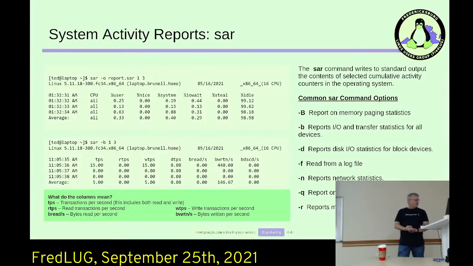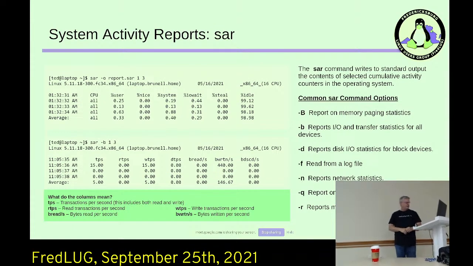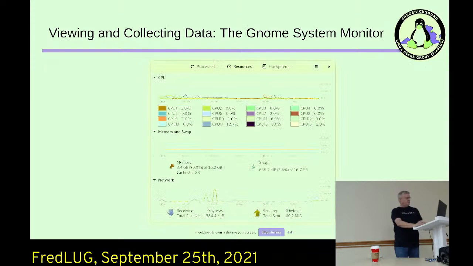But TPS is transactions per second. That includes reads and writes. RTPS is read transactions per second, and BRead and BWRTN is bytes read and bytes written per second. Okay, so that is SAR. SAR is fun, but to get into other ways that you can monitor, we'll run